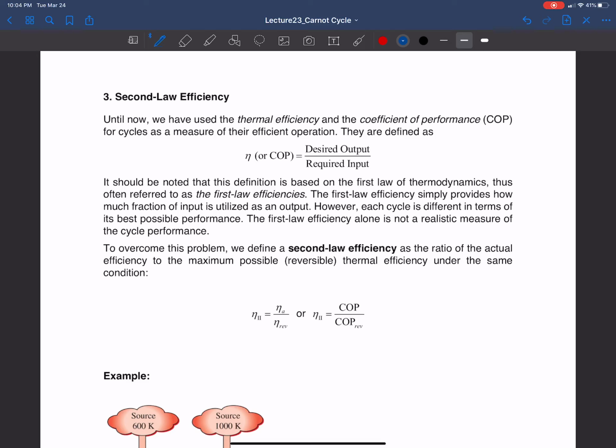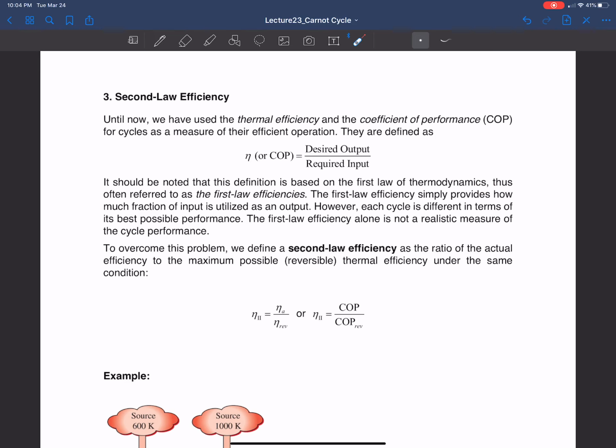In this page, I'm going to discuss the second law efficiency. We have learned about the first law efficiency, which we call the thermal efficiency for a heat engine, and the coefficient of performance or COP for the refrigerator or heat pump. For either thermal efficiency or COP, the first law efficiency is defined as the ratio of the desired output compared to the required input. Okay? And that definition is based on the first law of thermodynamics,